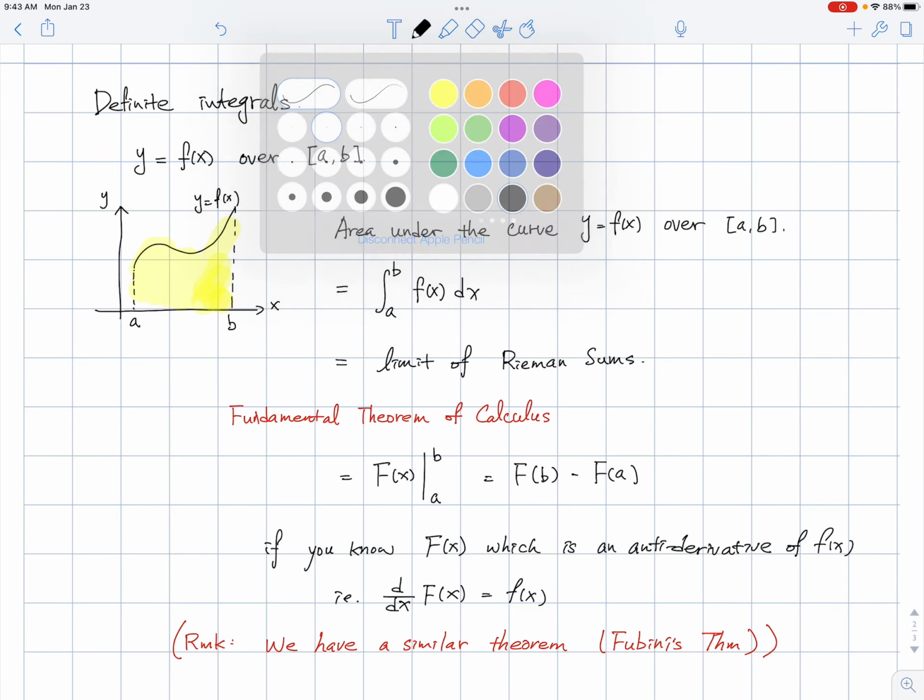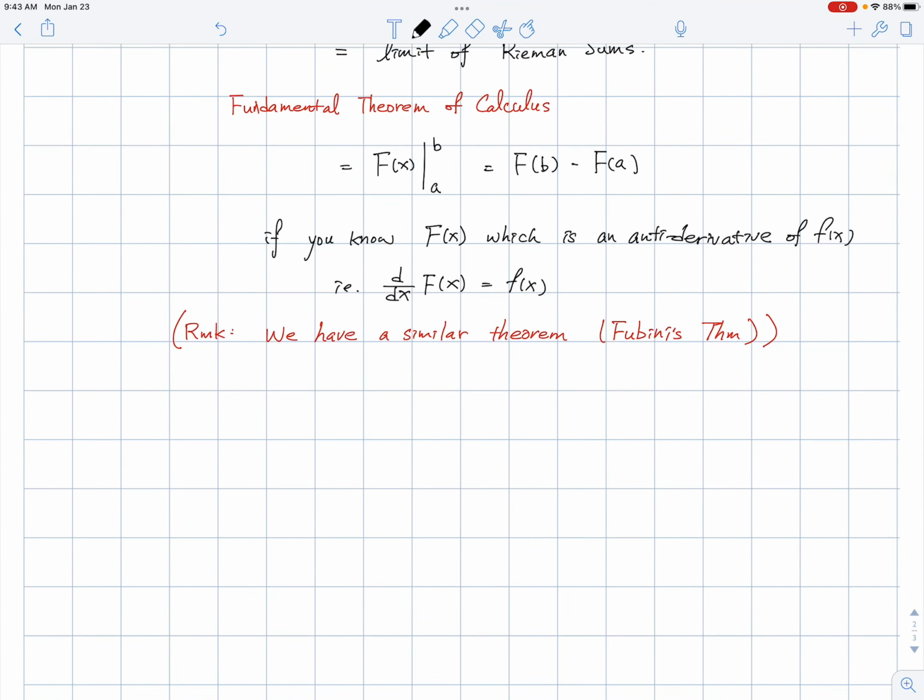Okay, so now just some quick examples. Let's say I'd like to evaluate the definite integral from 0 to a half pi. Then what do I do? I look for an antiderivative of this integrand. So the antiderivative of sine is equal to minus cosine. The antiderivative of 2 is equal to 2x, and then 0 to a half pi, so I have